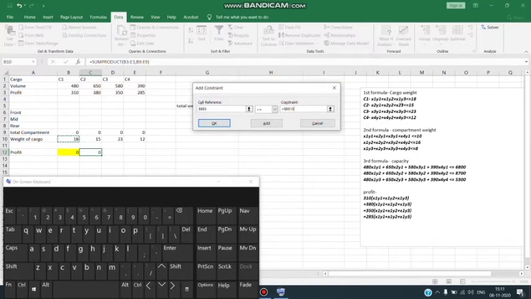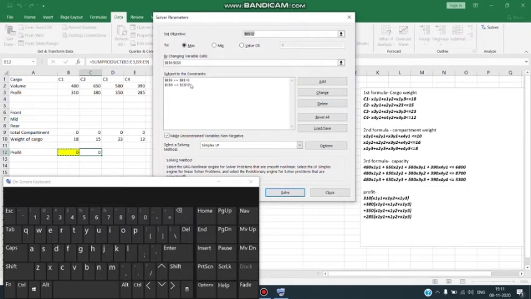So we have added constraints for the first cargo. I click on add. Now for the second constraint, it is C2, and for that y1, y2, y3 value should be less than equals to 15. The total compartment value should be less than equals to 15, which is my weight of the second cargo.